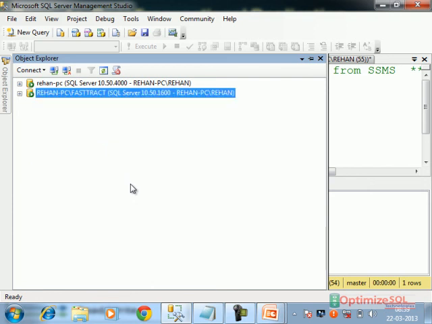Understood the difference between updatable subscriptions and peer-to-peer topology. Updatable subscription means only one publisher is there, and the remaining are subscribers only. Any changes made in one subscriber should go to the first publisher, and after that they should go to the other subscribers. But here, changes made in one node are updated immediately to the other nodes, the opposite nodes. That is a peer-to-peer topology.